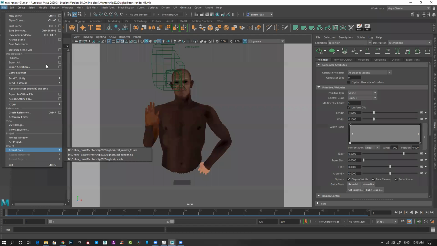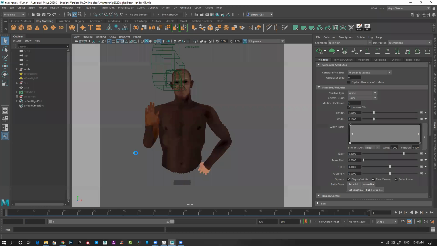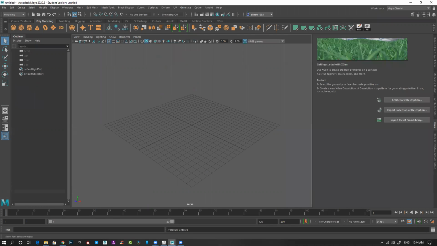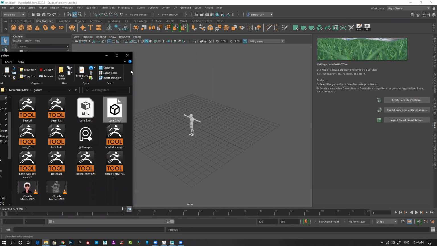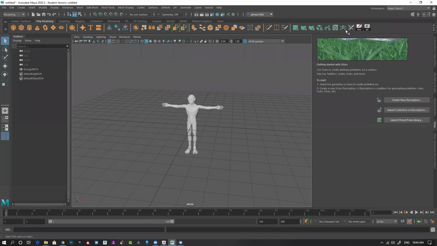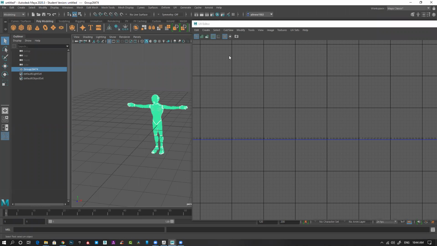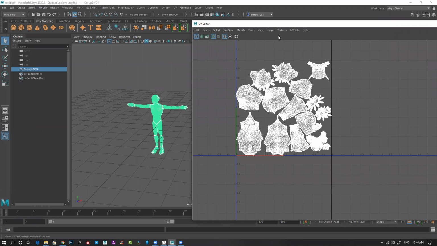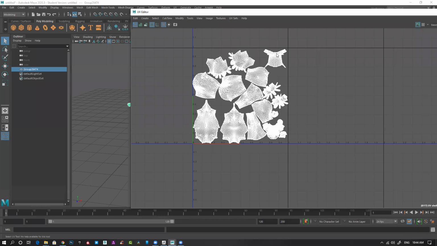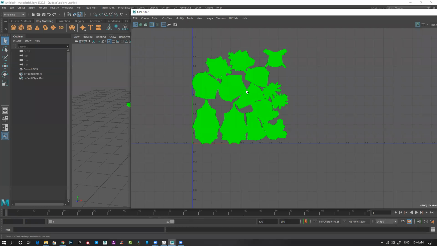Let's see. Import it here, select the model, this mode. You can see I have all these things separate. So what I'll do is, because by default,